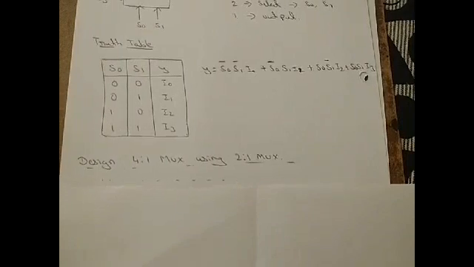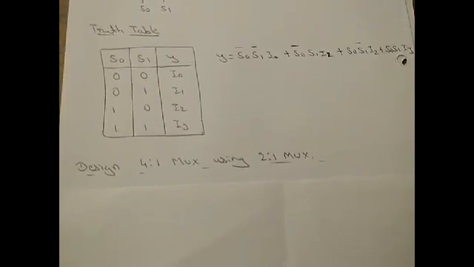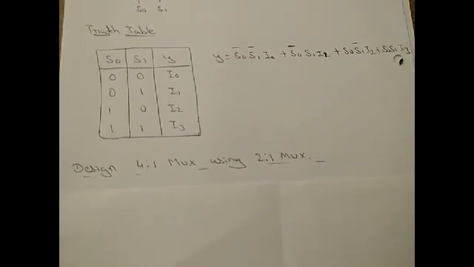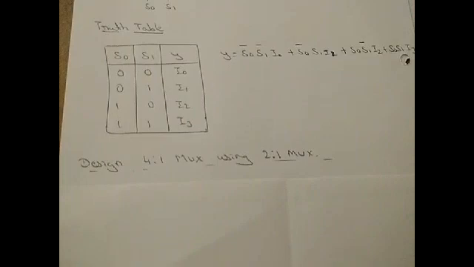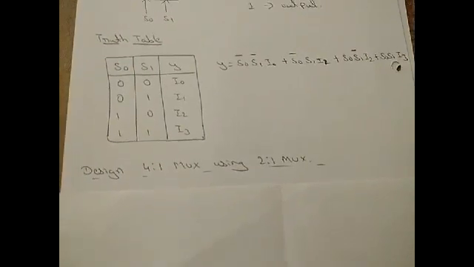Okay, now just go through it. Next is designing a 4 is to 1 mux using 2 is to 1 mux. So we require 3 2 is to 1 mux, because a 4 is to 1 mux will be having 2 select lines, and a 2 is to 1 mux will be having 1 select line. Okay, so since we are using 3 2 is to 1 mux, it will have 3 select lines. So what we'll do is, we will arrange in this fashion, and we'll just